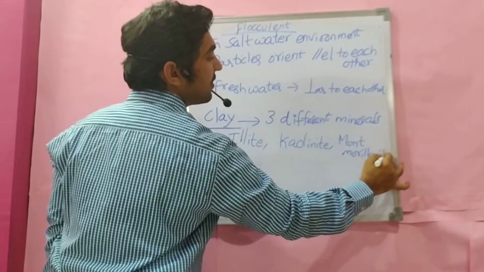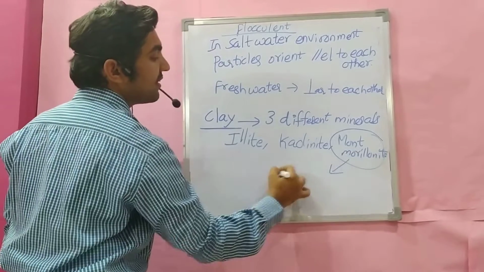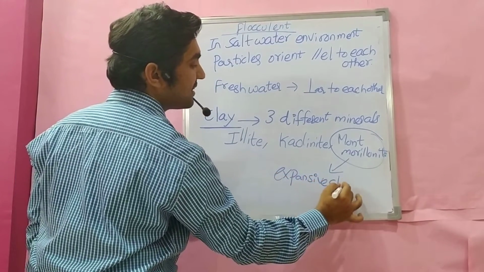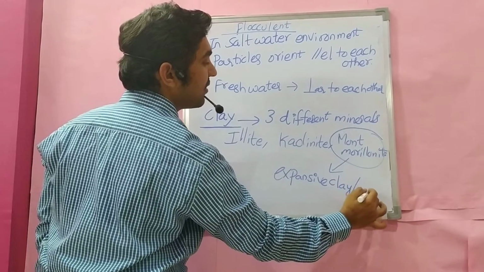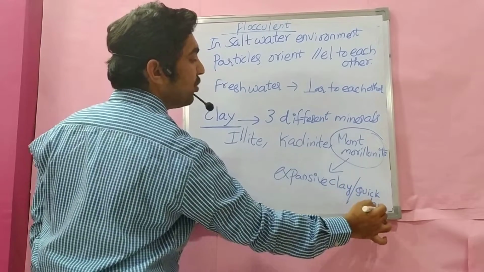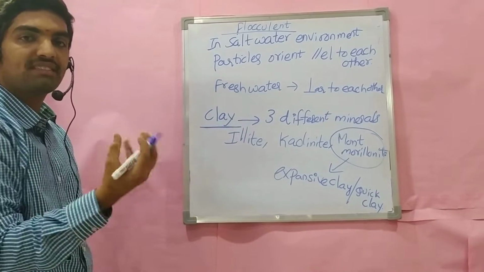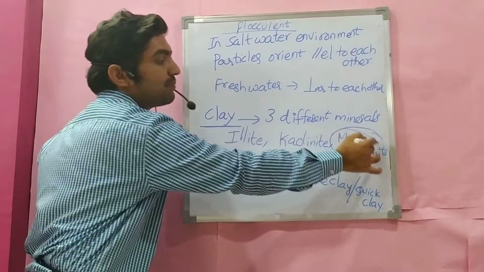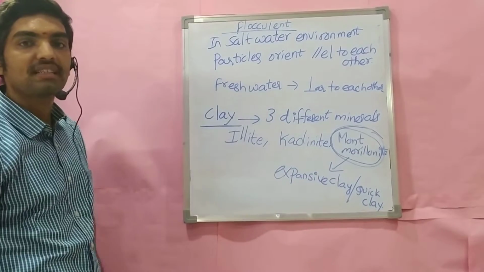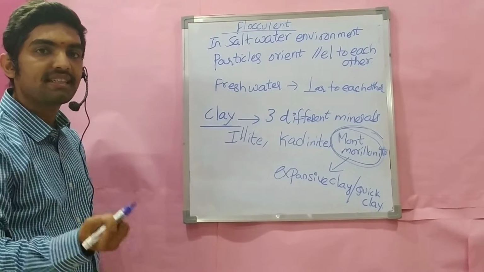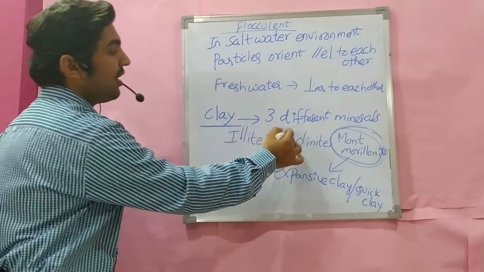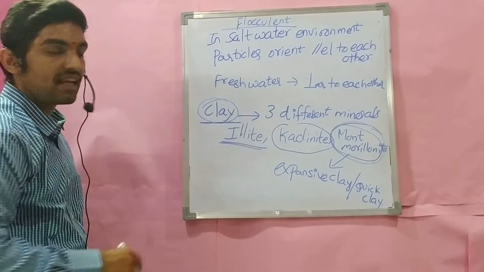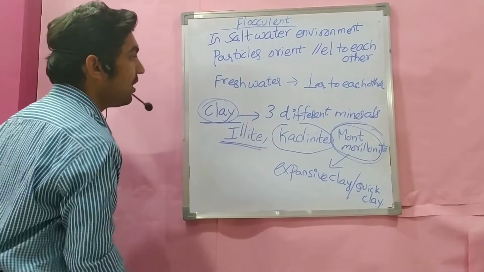This montmorillonite is also known as expansive clay, or quick clay you can call. This montmorillonite is a mineral which has more swelling properties. Generally, black cotton soils in India, this mineral is present mostly in black cotton soils because they exhibit swelling and shrinkage characters. Kaolinite, illite, all these minerals are present in a clay-like structure. Clay also has